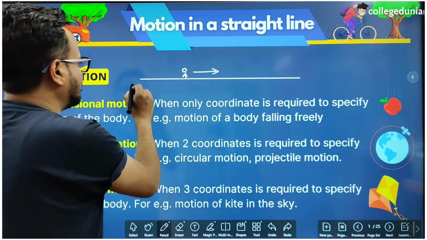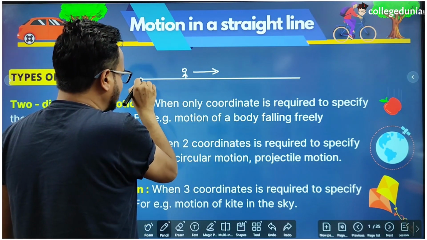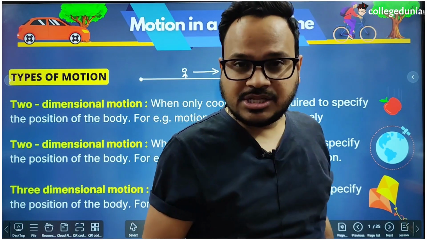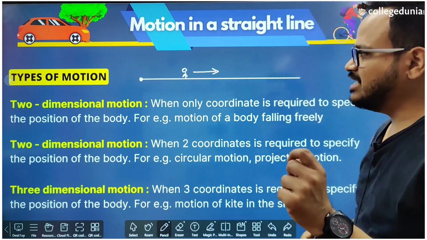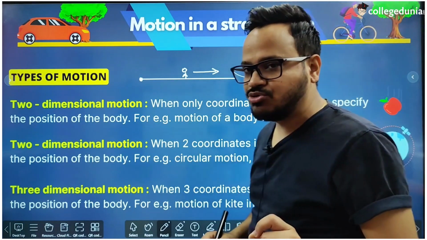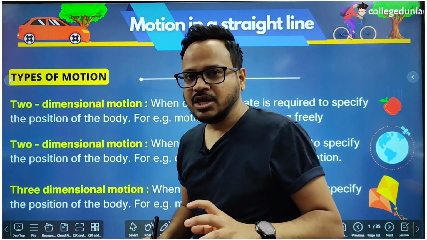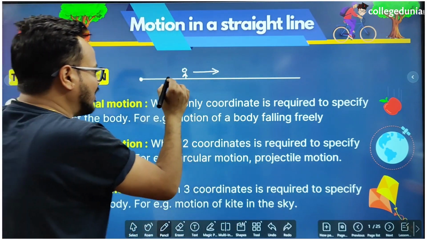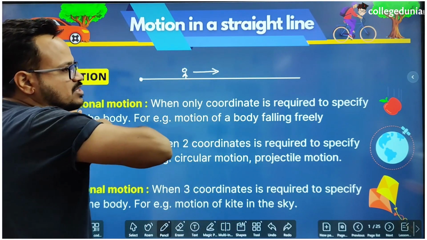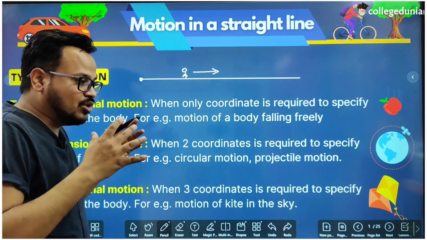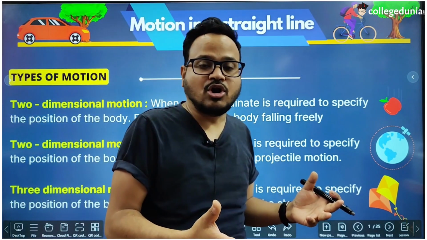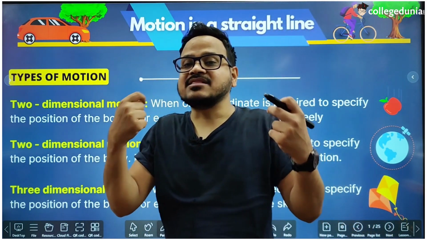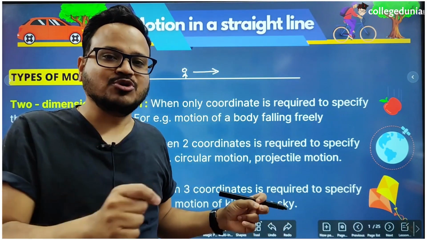Okay. So suppose this man is starting from here. There is a very important concept of origin. Origin is a fixed point which we use in such situations to give the position of the object, right? If I'll say that the distance of this man is 5 meters, I have to describe the motion of this body. So I have to choose a fixed point which I'll take as origin, and that point should be fixed,